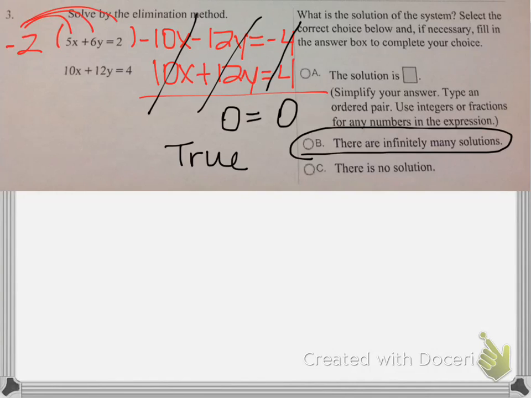So if you put them both in slope-intercept form, they'd have the same slope, they'd have different intercepts, so it would be no solution. Most of the ones you're going to do, you're going to get a solution. It's just if all of your variables disappear and you're left with a true statement, it's infinite. If all of your variables disappear and it's a false statement, it's no solution. So that one we didn't have to do too much work on. We just had to understand what happens algebraically and kind of tying it to what happens graphically makes